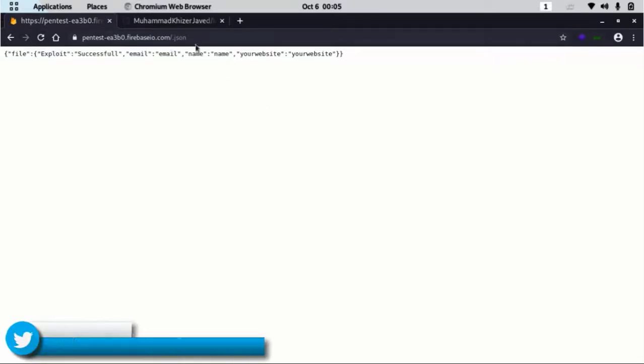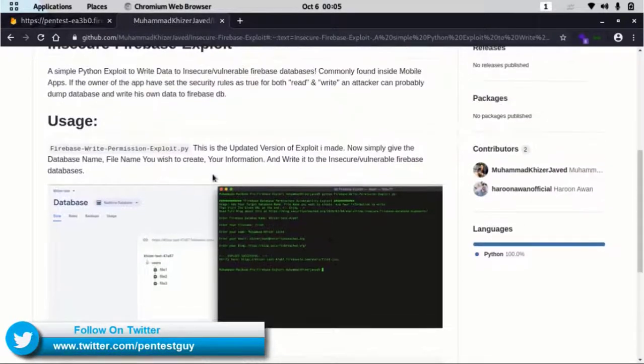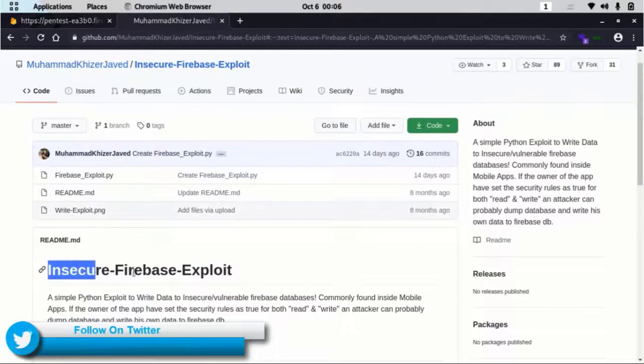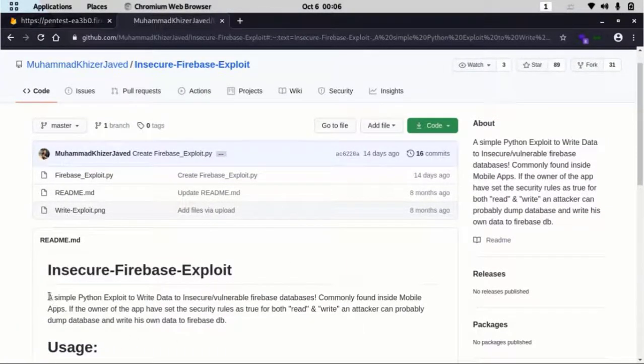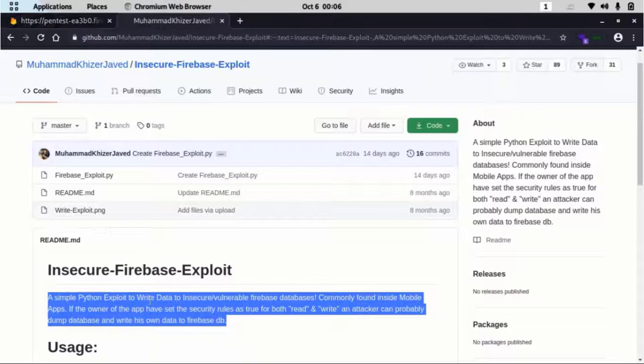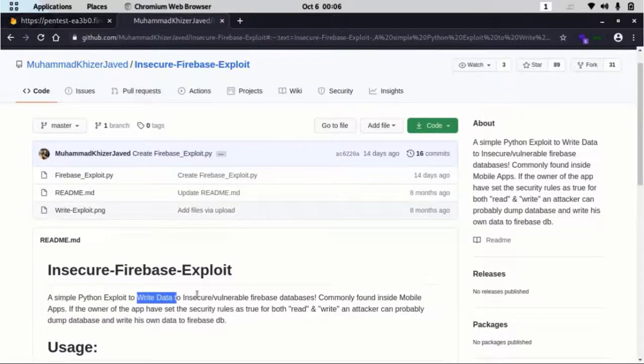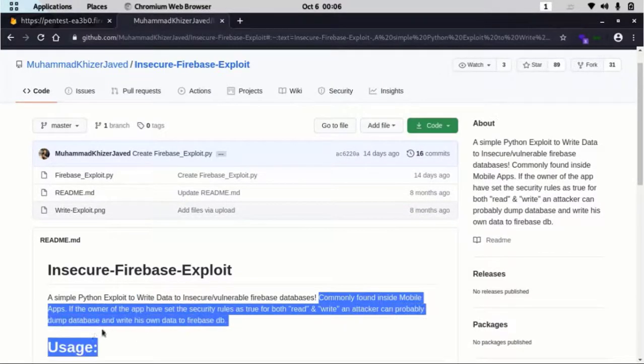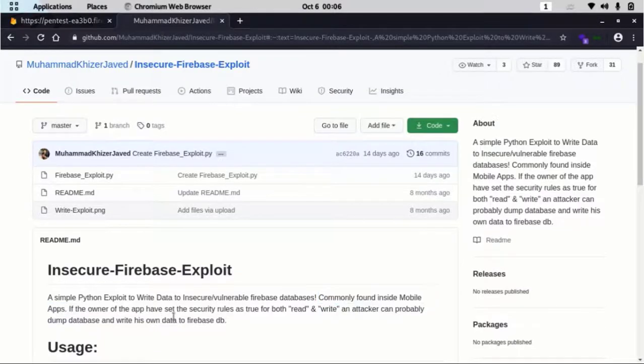So this is vulnerable to what? Read access. After that we are also checking for write access. For that I'm going to use a Python file called insecure Firebase exploit. First I am going to simply git clone it into my Kali machine.